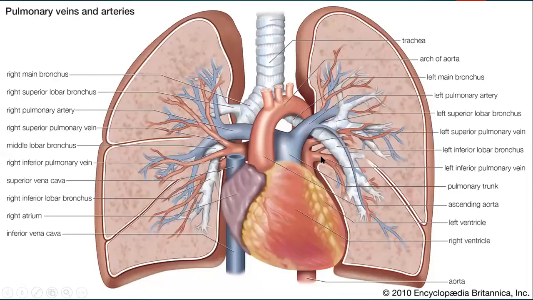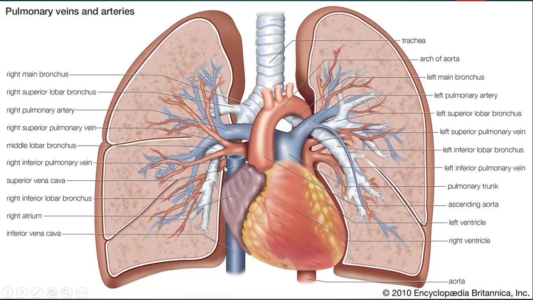Now coming to the pulmonary trunk, this is the pulmonary trunk here, which begins from the right ventricle. The blood will be brought from different parts of the body by the superior and inferior vena cava to the right atrium. From there it is pumped into the right ventricle, and from the right ventricle the blood is pumped for oxygenation through the pulmonary trunk. It is called a trunk, even though it is an artery, because it is very short and broad. Then it divides into the pulmonary arteries.